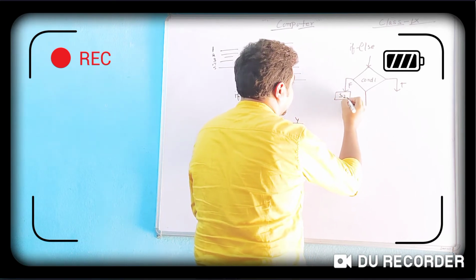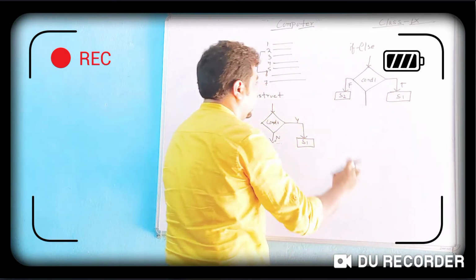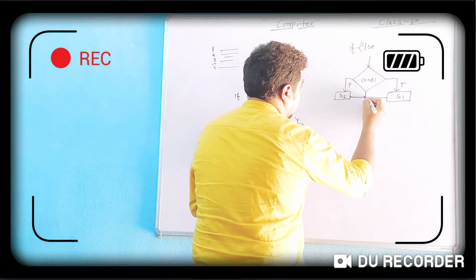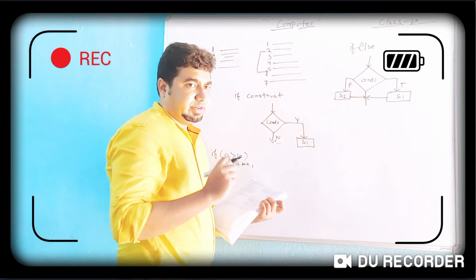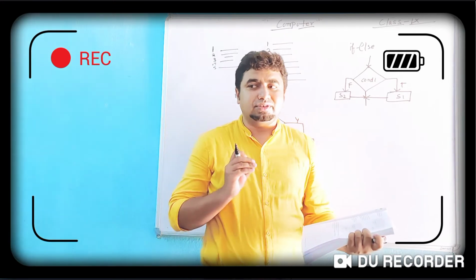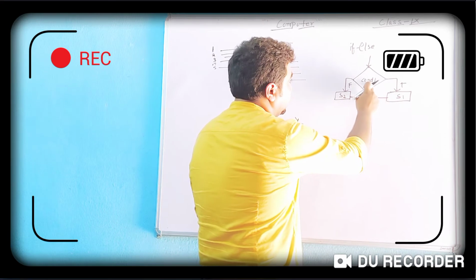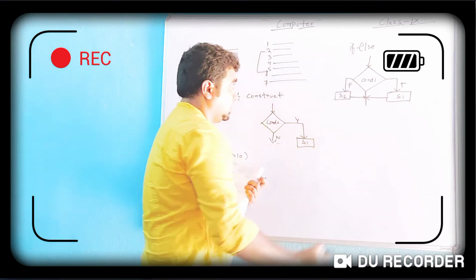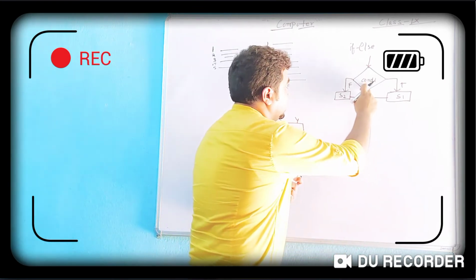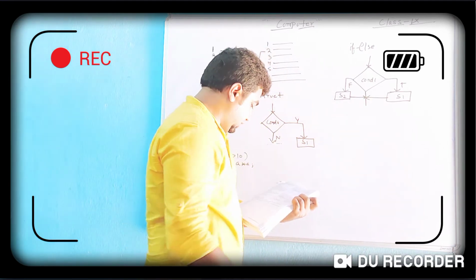This is statement 1, and this is statement 2. After executing, it will go directly to the downward line. I will discuss that when I discuss the program. But the main concept here is that if the condition is true, then statement 1 will be executed, otherwise statement 2 will be executed. So this is the basic concept of if and else: on the basis of the condition, either statement 1 or statement 2 will be executed.